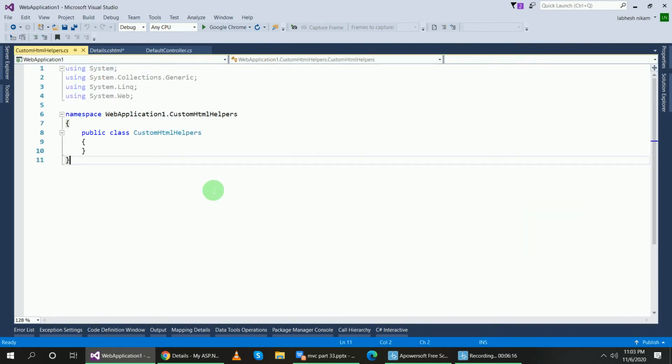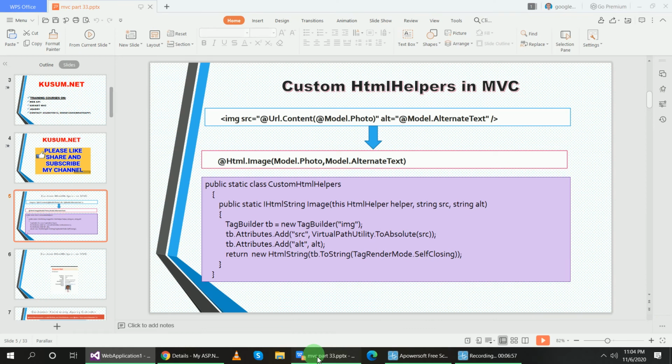Now this class I will create as a static class, so add static. I will add the code. Which code? This static class code. I will copy this from here.